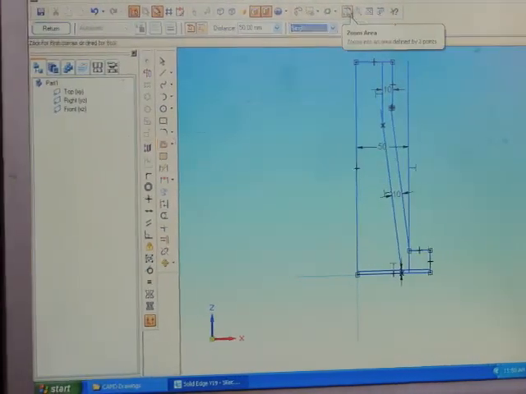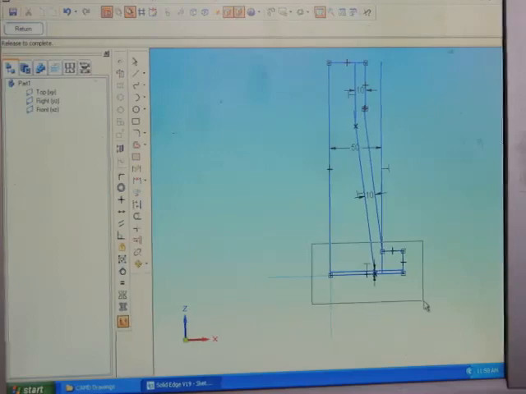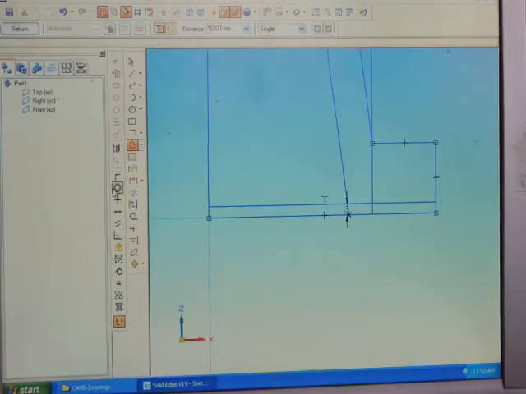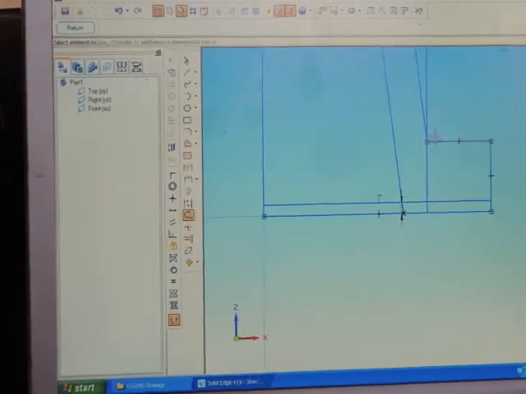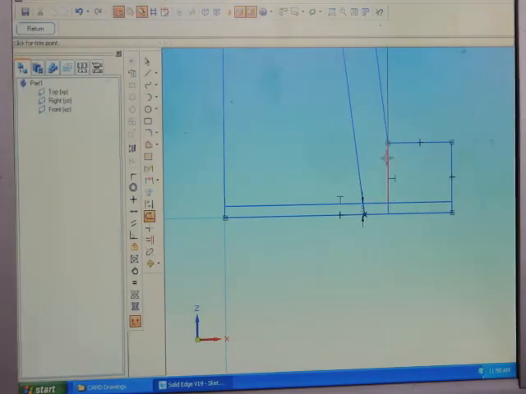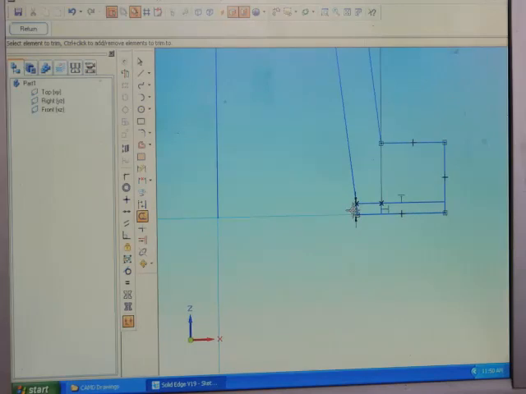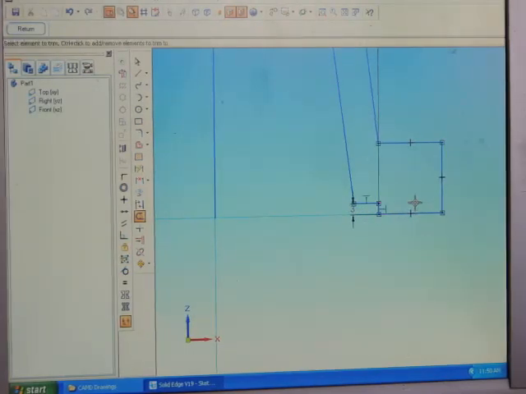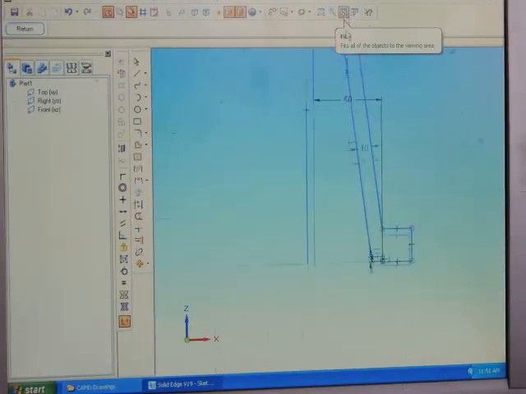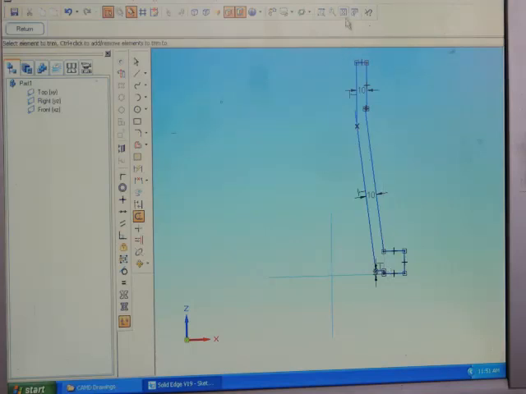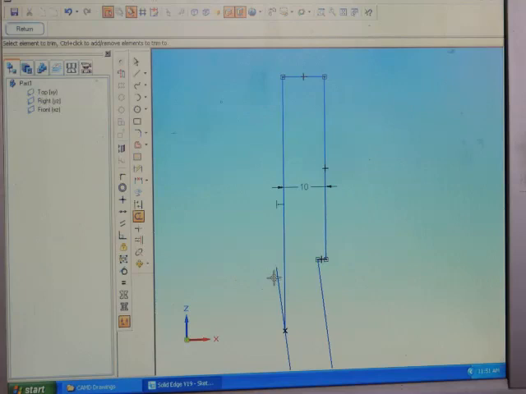So take zoom of the bottom section, trim the unwanted portions. Again take a zoom here, trim this one, fit.